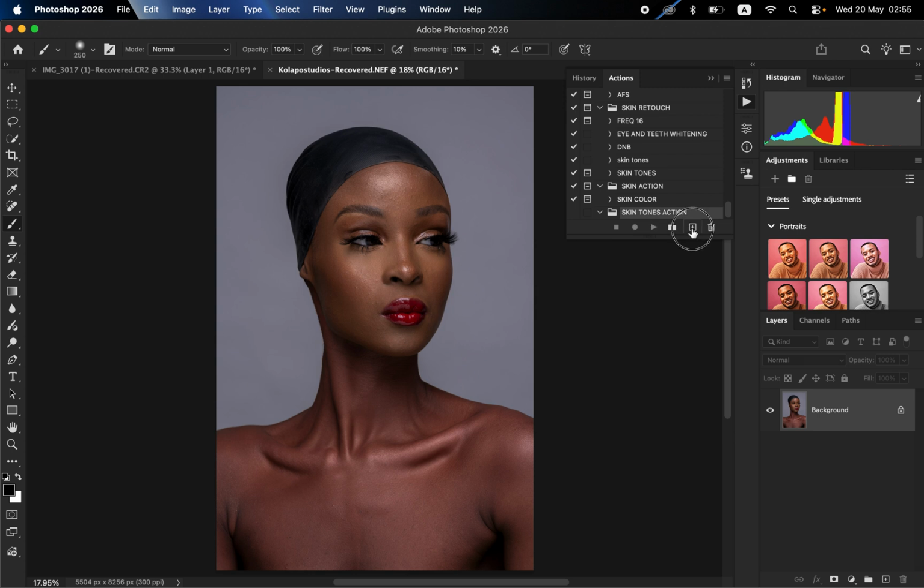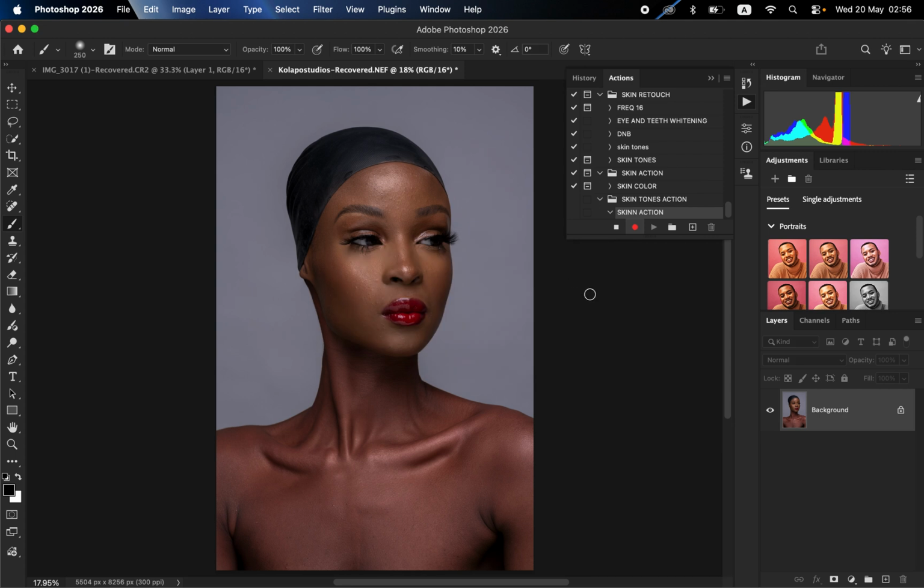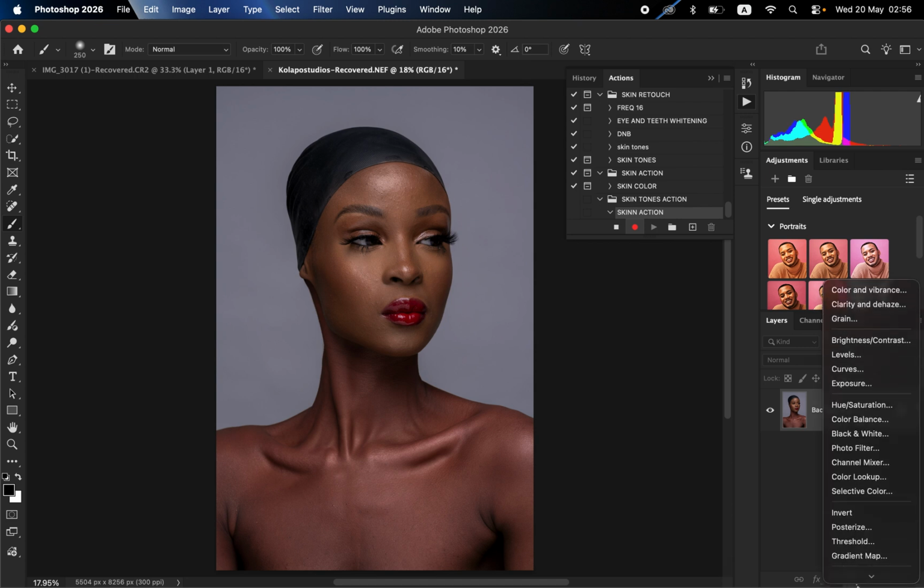So click on the plus icon and you can rename this to Skin Action like that. I've just renamed it like that, don't worry about the spelling. So click OK. So the action is going to be recorded right here. All we have to do is simply recreate all the steps that we had to do. So come and create a solid color adjustment layer,